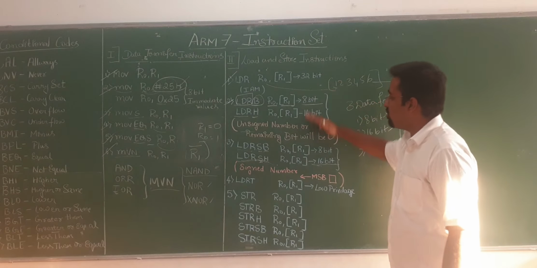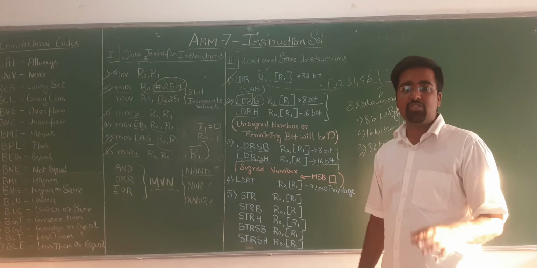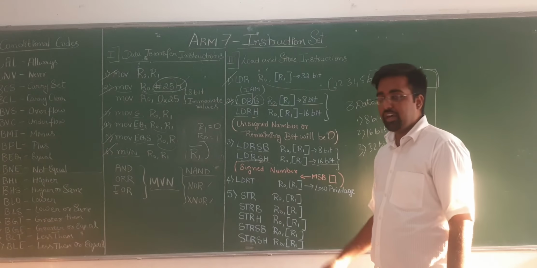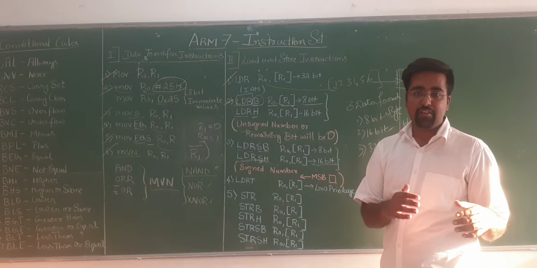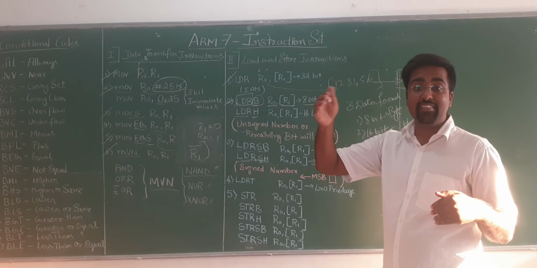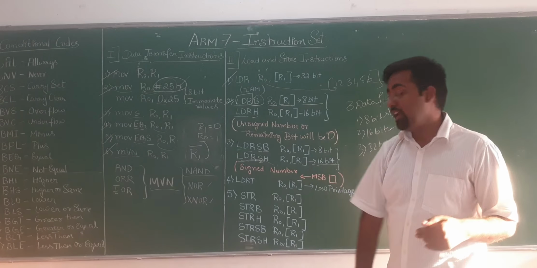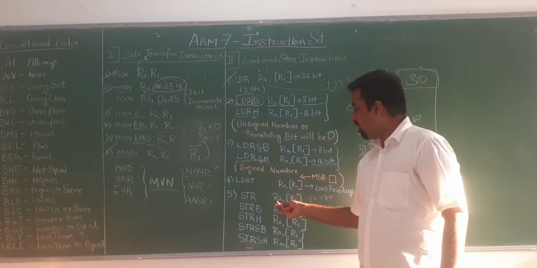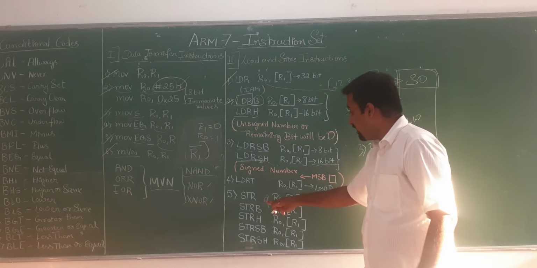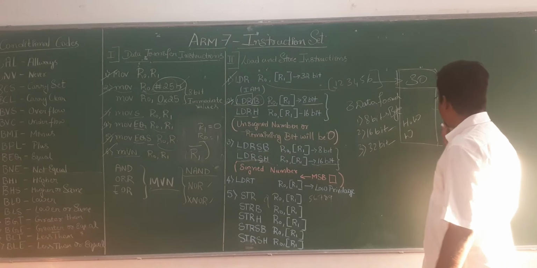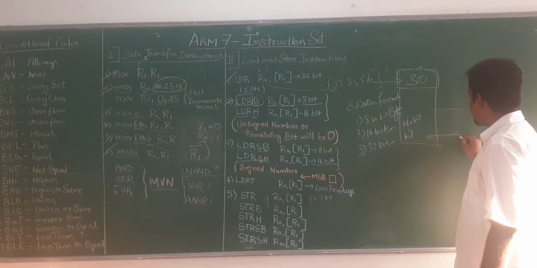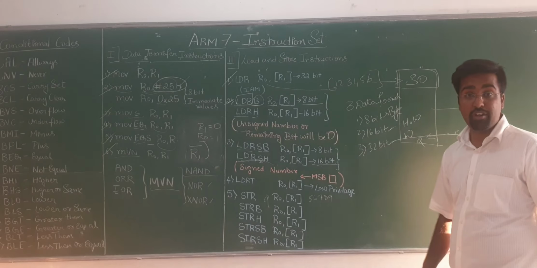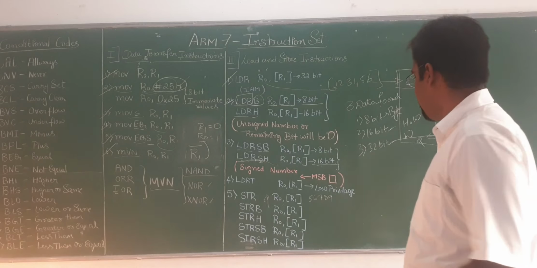If you have understood the concept of load instruction, I think the store instruction will be the same. That is the reverse of it. So STR R0, comma, R1 means the value of R0 is being stored at the location pointed by R1. If your R1 is 56789 and R0 is 2, it will store the value 2 at the location pointed. Let us say somewhere here you have 56789 as your address. At this address your 2 will be stored. This is what it means.